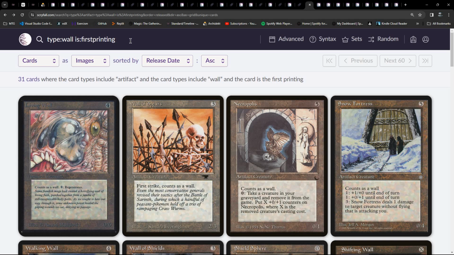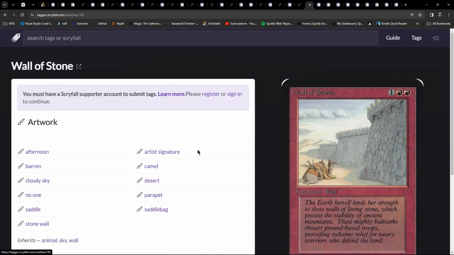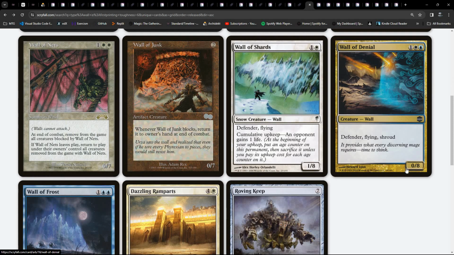So if you do toughness greater than 6. Okay, 11 cards. Oh well. Looks like we have a... Do we have a cycle of those? Not sure. Maybe not. All of Granite, all of Shards, all of Junk, all of Denial,